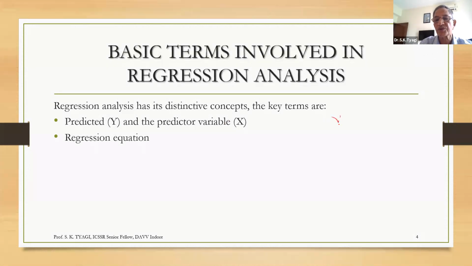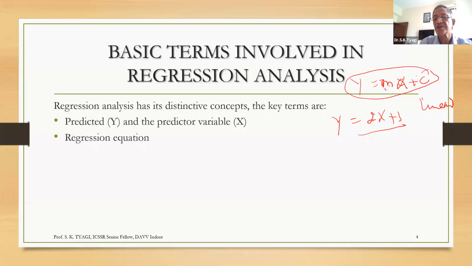For example, y is equal to 2x plus 1. This is a regression equation, and it is in the form of a line. This is linear regression. So basically, the regression equation is the equation of a line. And if you know rudimentary mathematics, then one form of the equation of a line is y is equal to mx plus c. So m here is 2, c is 1. So it is in the form of this